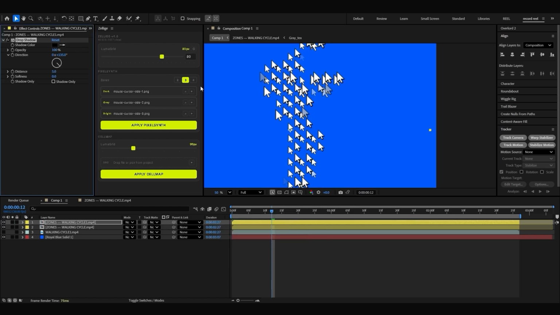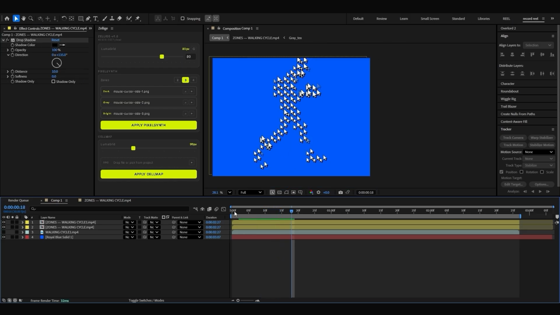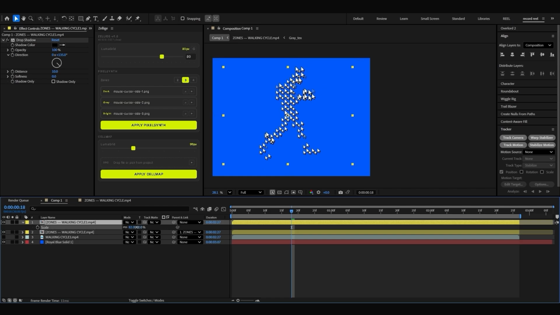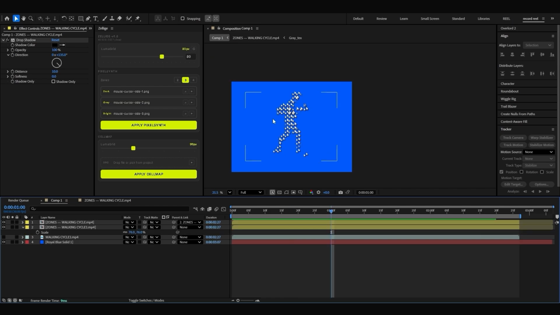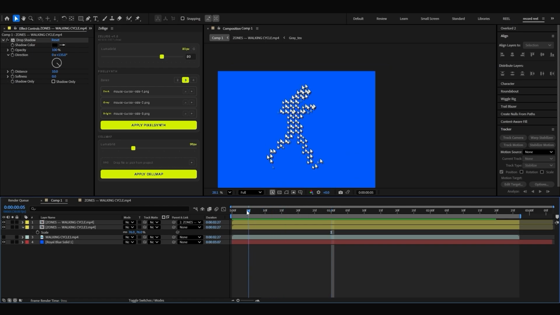The opacity is 100%, and I tweaked the distance, and I copied the effect and pasted it in the other layer, and I parented one of the layers to the other just to be parented together. Then I scaled it down, and for the cursors that go backward, making the illusion of the person walking, the